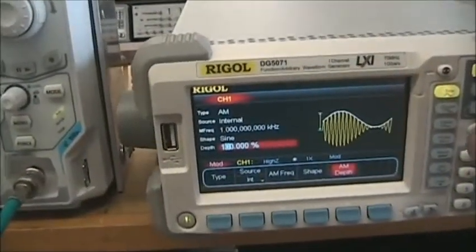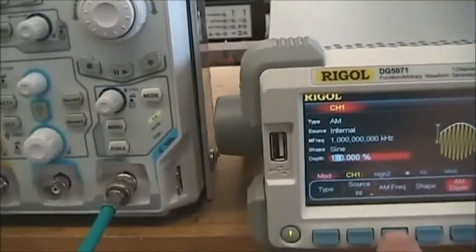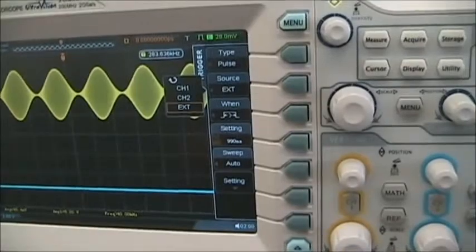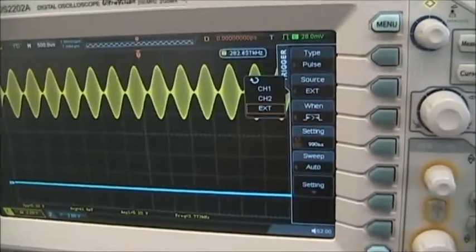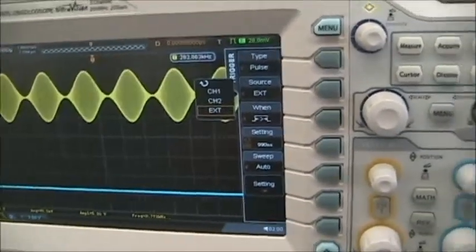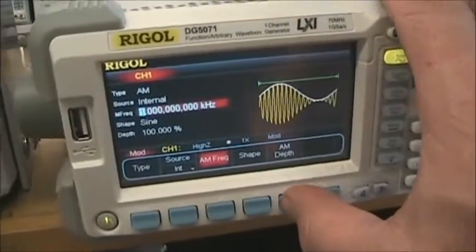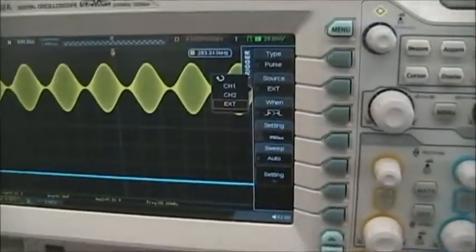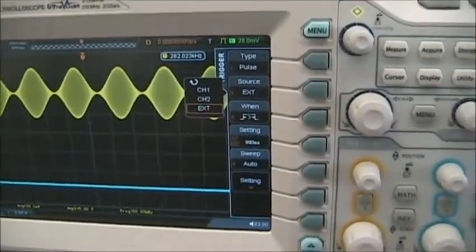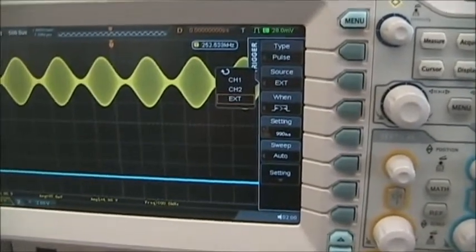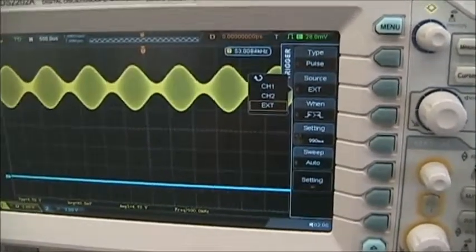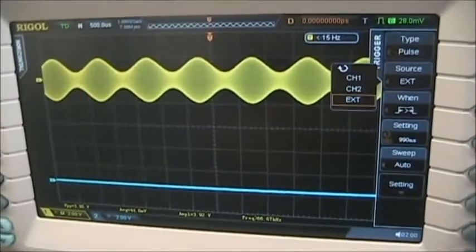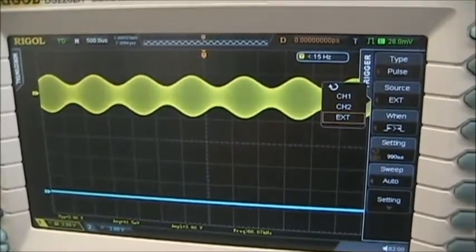And you can go back and change any values you want on the modulation. You can change the frequency. 1 kilohertz is our frequency. We can change it to be 2 kilohertz. And of course we see the change. We can change the depth of modulation, which is the MA value. If I change the depth of that value, 100%, 90%, 80%, I'm actually changing the EM value, or the modulation